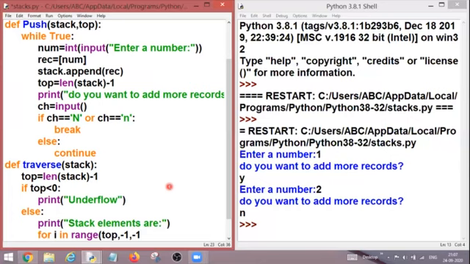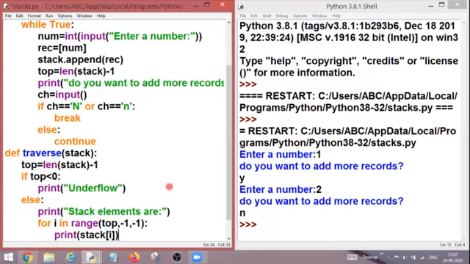Because if I print i, it will print the index position. But I want to display the element which is stored at that particular index location. The way of fetching that particular element from the index position, we always write in this way: the name of the variable, square brackets, and then my iterative variable inside it.